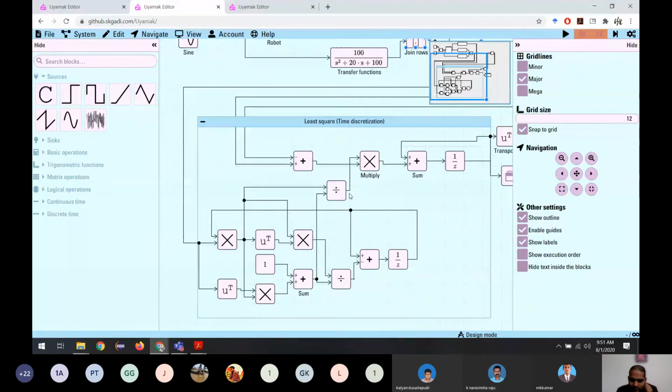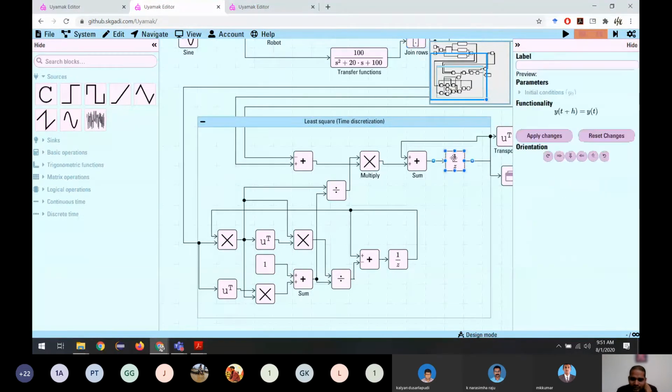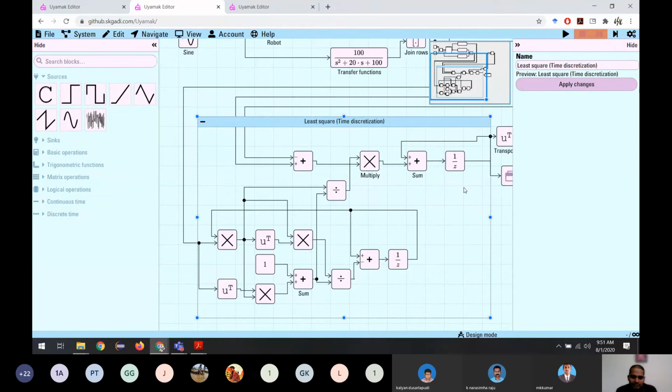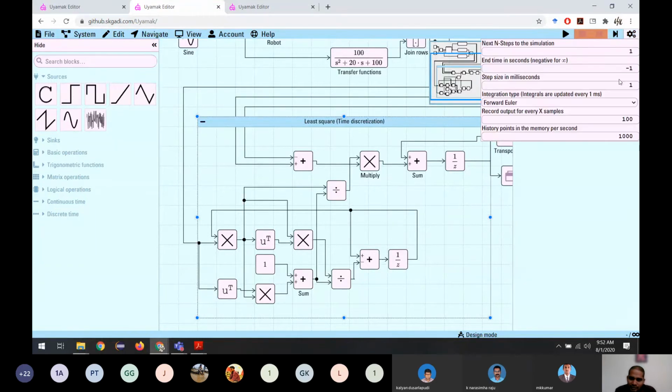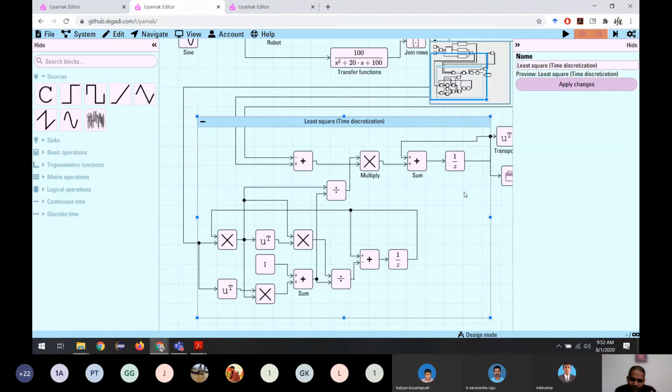There is no integration term here. We use only time delay. The time delay, we use that 1 divided by Z, the Z to the power of -1, or whatever notation we use. It shows unit delay. What does it mean? If you put some signal here, it will give the same signal but with one unit delay. What is the unit here? It's a simulation time. We are putting 1 millisecond. It can be 10 milliseconds, any time the microcontroller uses.